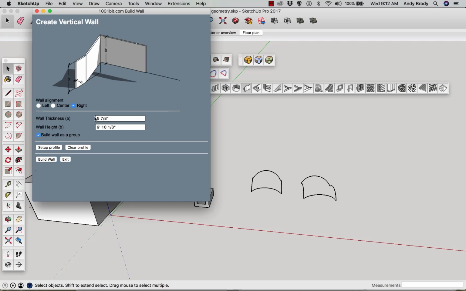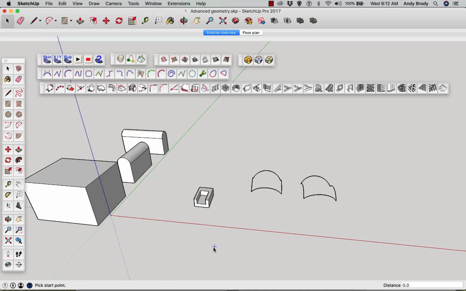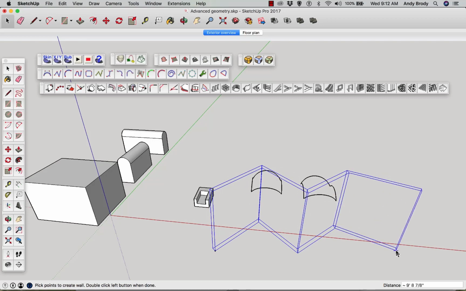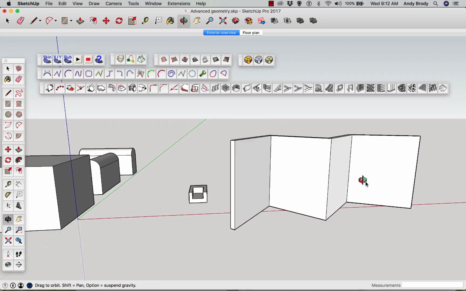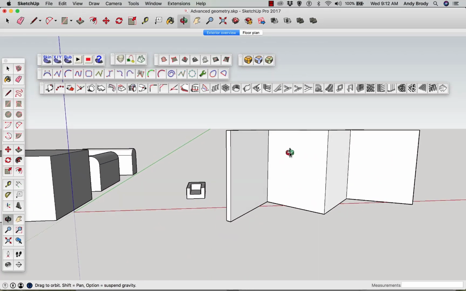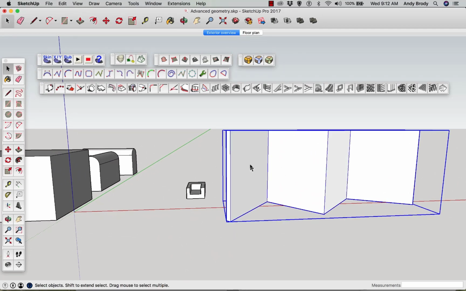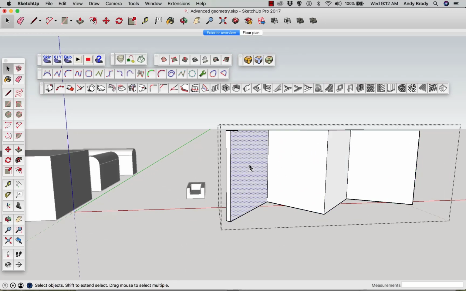Just click on the Walls tool, and you can tell it how long you want it or how high you want it, and the thickness of the wall. Maybe it's a block wall. And when you click Build Wall, what it does is you can essentially draw like you might see in a lot of BIM programs. You can create basically a group that you can come in and edit,